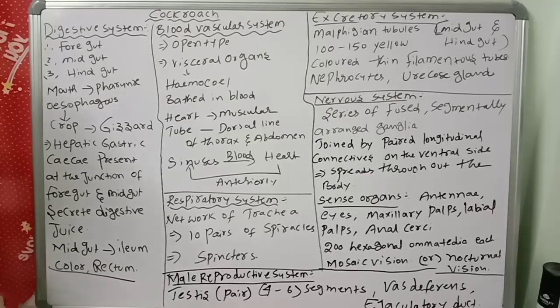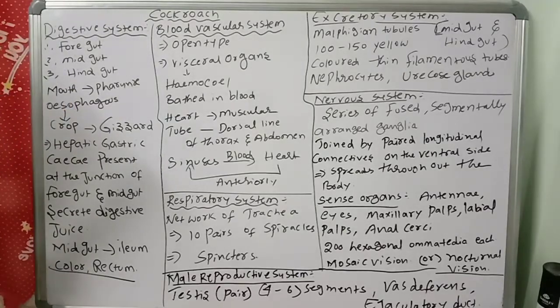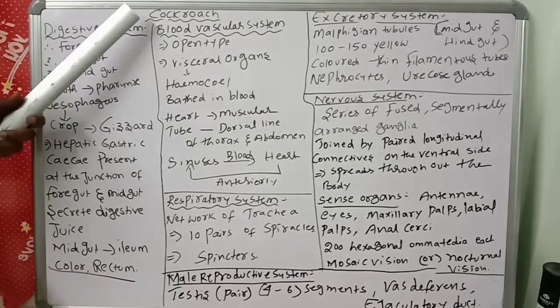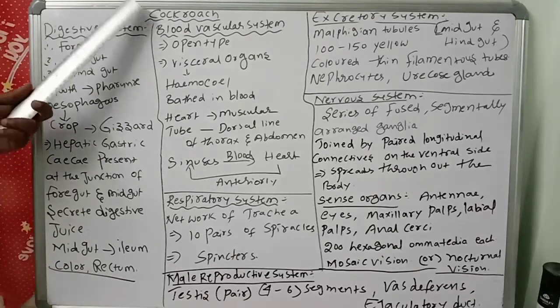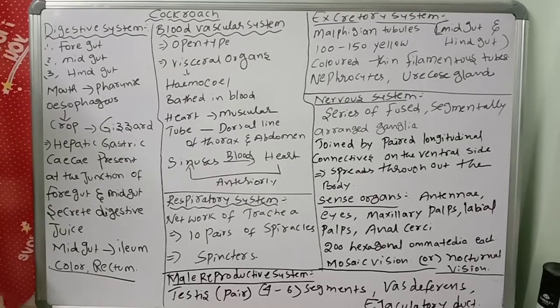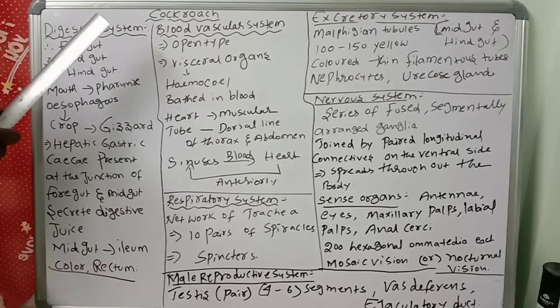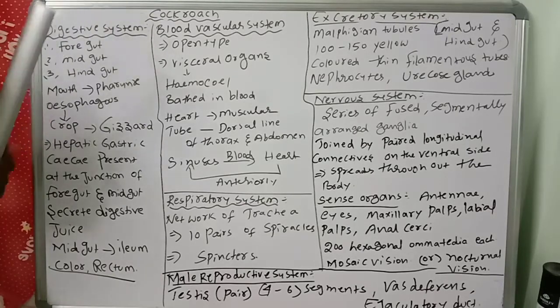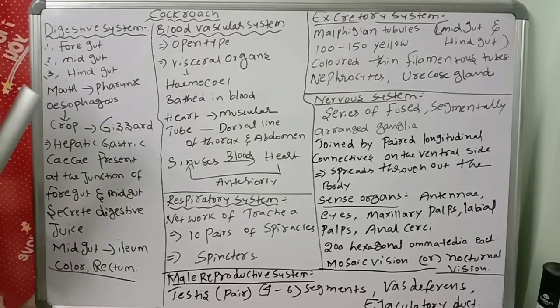So the cockroach's scientific name, what? Periplaneta americana. It is about 34 to 53 millimeters long, with wings. It is related to class Insecta, phylum Arthropoda. It lives in damp places, you know very well. The body is divided into how many parts? Head, thorax, and abdomen. Each segment consists of exoskeleton sclerites, which are joined by arthrodial membrane.